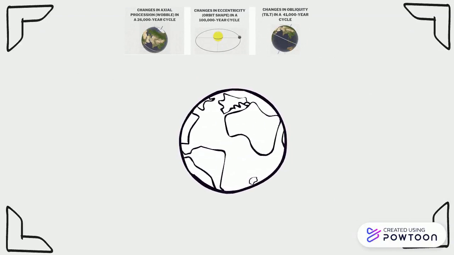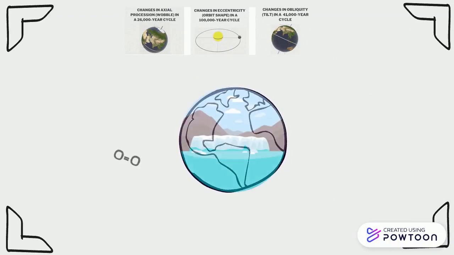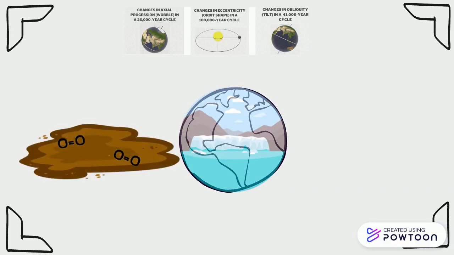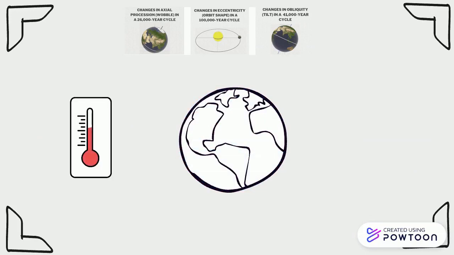Interestingly, models of the Milankovitch cycles correspond to known ice ages. Studies on the ratio of oxygen isotopes from both mud cores from the ocean and ice cores from the land show this. The Earth is now in an interglacial period. With Earth's current eccentricity, obliquity and precession, Earth should be getting out of this interglacial period and getting cooler.